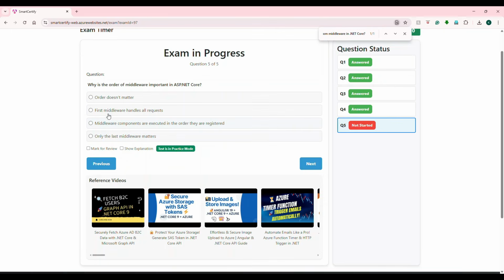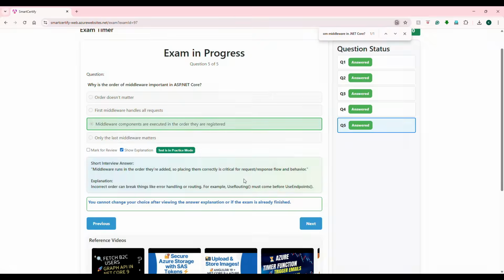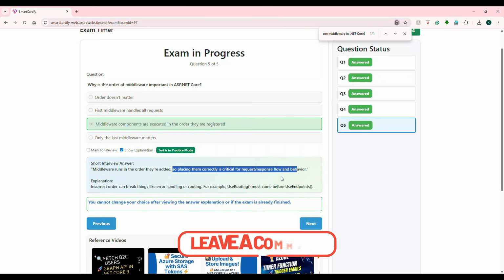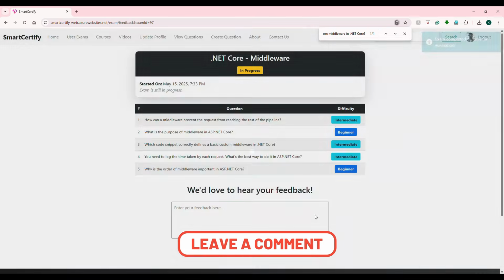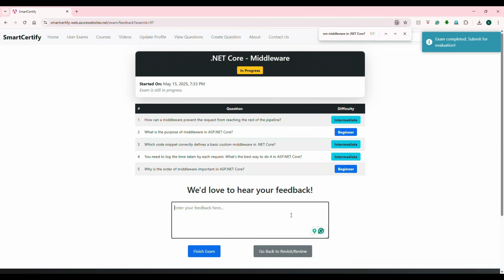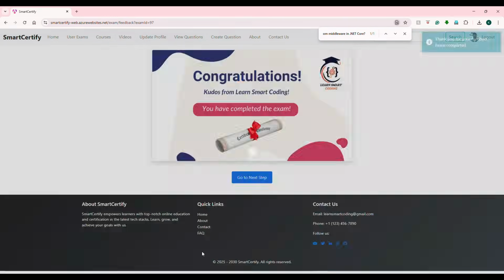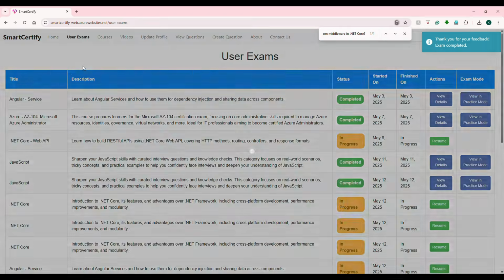Okay, so just to answer this based on the concept that we know, first middleware handles all the requests. Middleware components are executed in the order they are registered. That is why it is very important. It also says placing them correctly will process the request and response, and its behavior changes if you do it incorrectly. All right, so these are some of the important concepts, especially for the microservices,